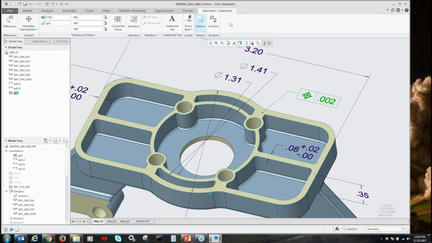And now I can go to the dashboard, and you'll notice across the dashboard, I have geometric tolerancing now available to me across the top here. So I have my surface here, and let's change the geometric tolerance or the characteristics. We're going to hit the pull down here, and let's just highlight this one, set it to